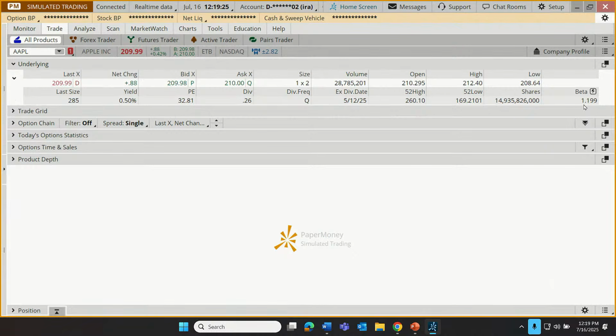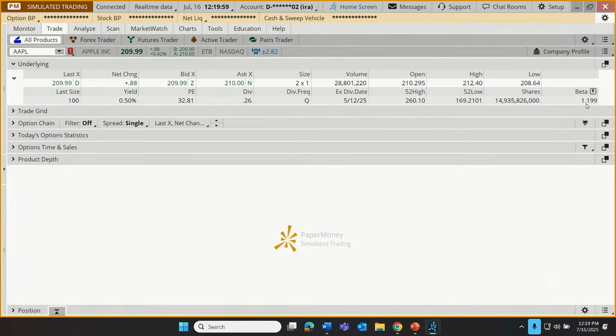This is a measure of volatility that some traders use just to gauge, well, if I were to put this stock on a scale of really calm to really hyperactive, where does it fall on that scale? What we use as a benchmark with beta is the S&P 500. If we have a stock that tends to move right in step with the S&P, we would say that it has a one-to-one relationship with the S&P. In other words, it would have a beta of 1. If it's less volatile than the S&P, it would have a beta below 1. If it's more volatile than the S&P, it has a beta above 1.